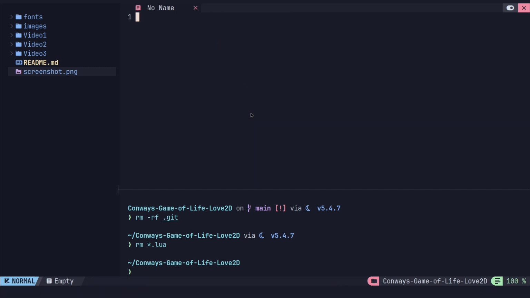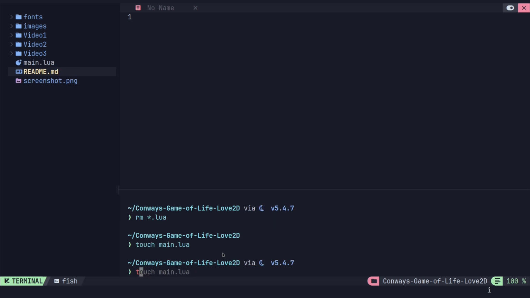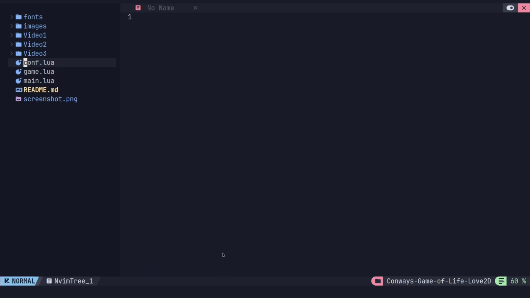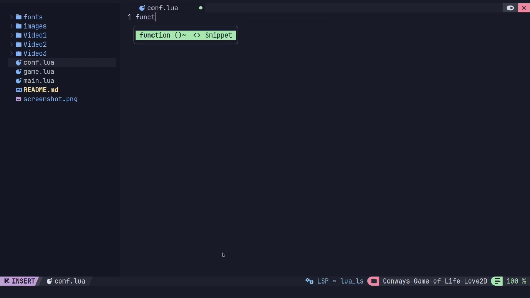Okay. And a lot of times I create it here on the left. I'm just going to touch them down here because that's also another way to create files. So I'm just going to use touch. We'll say main.lua and conf.lua, and we're going to use game. And I'll close that. So in conf, we're going to say function, and it's love.conf,